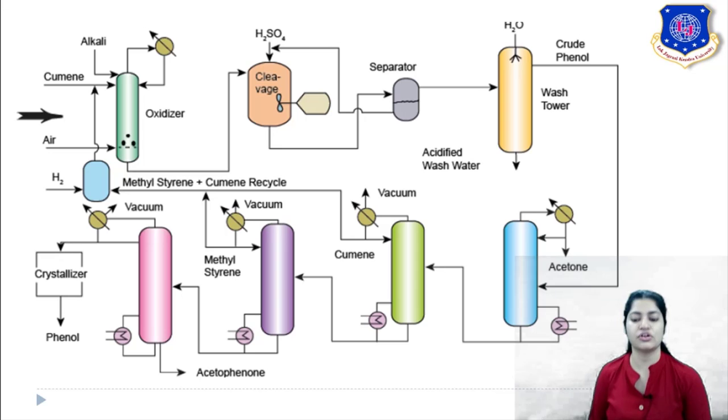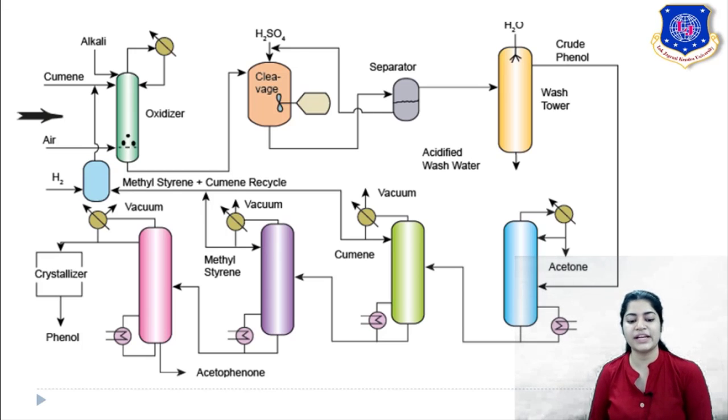Like in the first column, you can see that from the top you are getting what? Acetone. Then in the second column, which is operated under vacuum, you are getting your unreacted cumene. In the third column, which is again operated under vacuum, you are getting your methylstyrene, which is recycled back to your oxidizer. Then in the last column, which is again operated at vacuum, you get your phenol, and